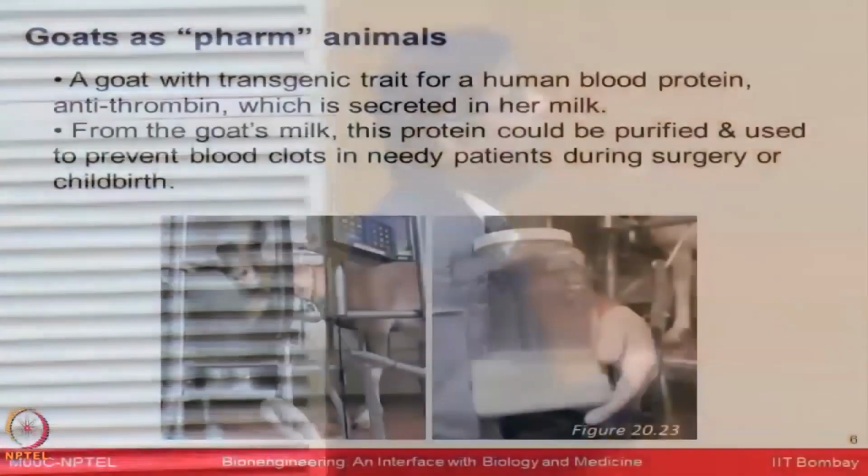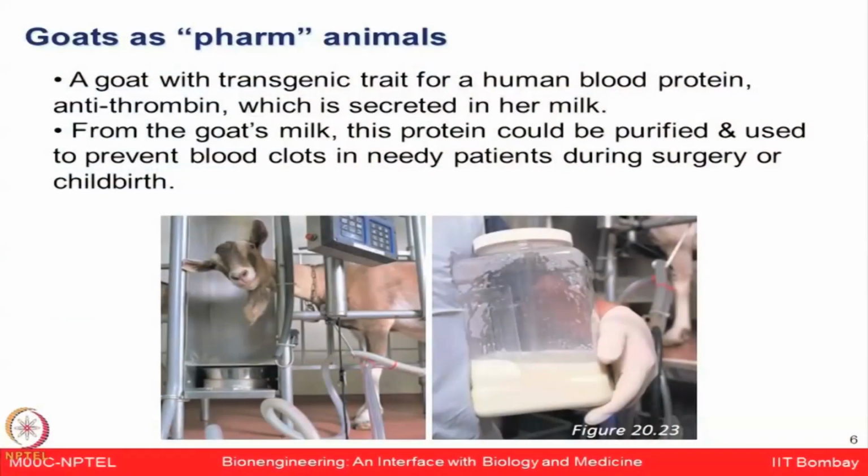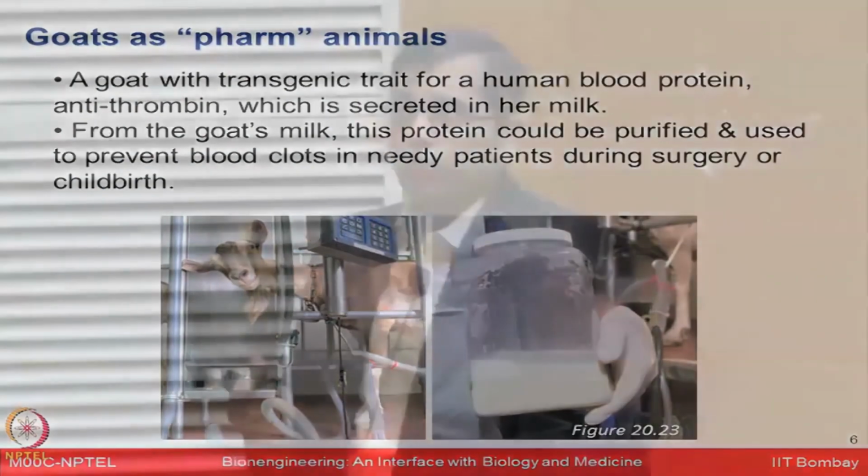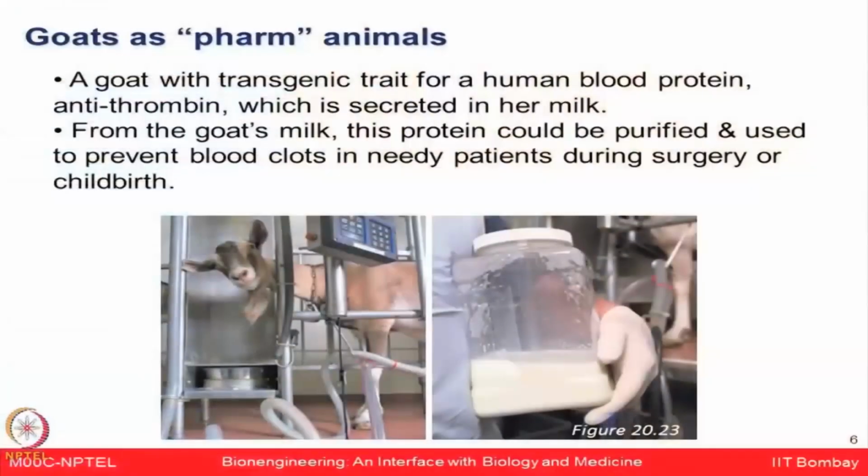So now the goat is doing all the other protein production the way it normally does, but it is also synthesizing one protein of human interest, and from the goat milk people are trying to purify that protein, which can be very helpful. If you can have enough milk produced from this goat, you can simply purify this particular protein, which could be used for preventing blood clots. So these are various examples to illustrate in which way our understanding at the genome level,